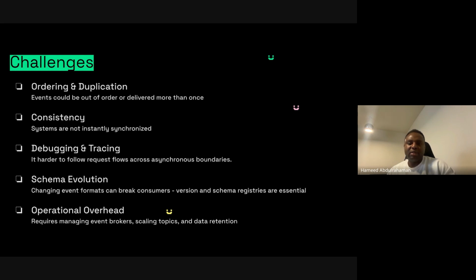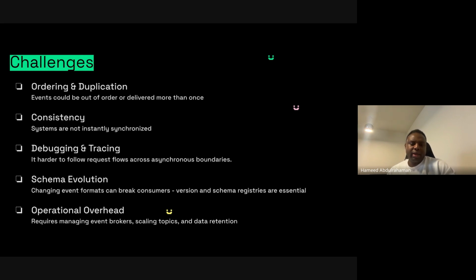And you can have a scenario whereby you have a context ID. So this context ID, you use it to debug, to check what's going on. So I think you could mitigate that by using either a context ID or a correlation ID to trace an event if it's having an issue.